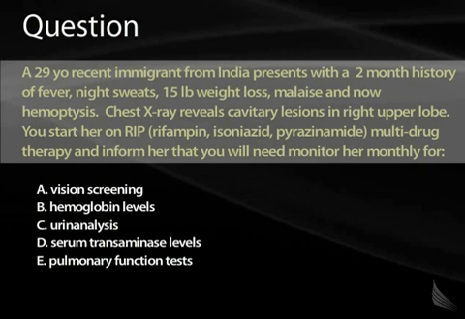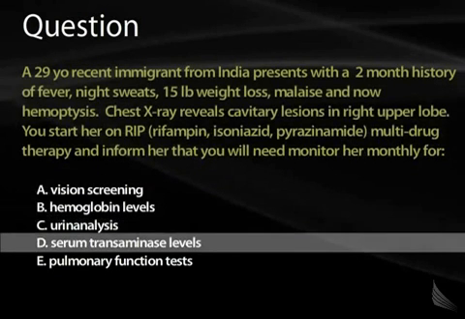So this is something we didn't necessarily talk about, but each of the medications we talk about have different side effects. We talked about this in the medication and antibiotic section earlier in microbiology. We know that ethambutol can cause blurry vision, and we'll need to screen for that. But the other medicines, the rifampin, isoniazid, and pyrazinamide, are all hepatotoxic, and so you'll need to monitor serum transaminase